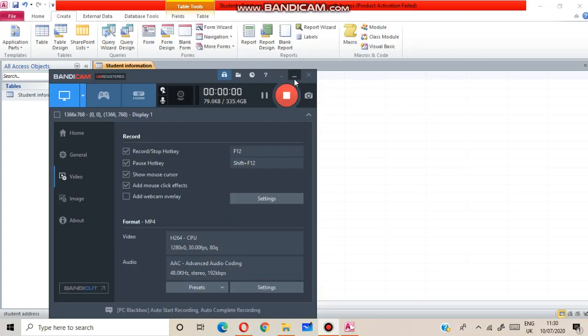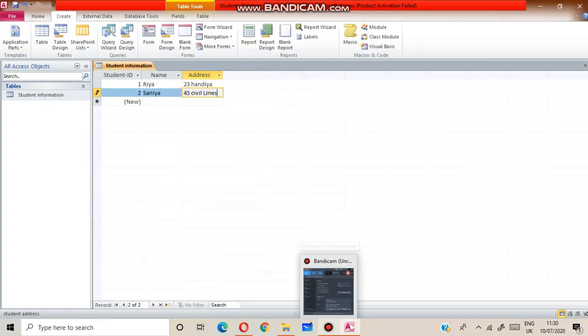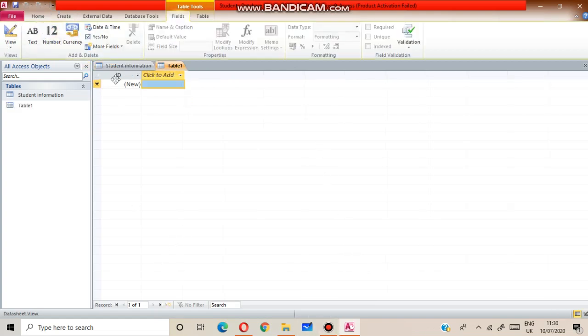Now you are going to learn how to create a table using datasheet view.